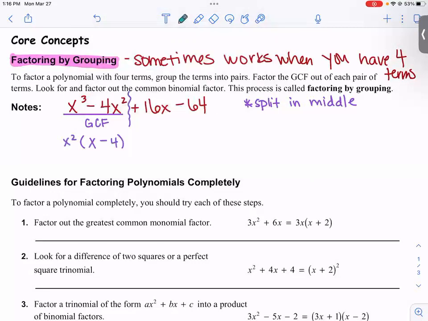Now, what about here? 16. So a positive 16. And when I factor out a positive 16 from here, I'm left with x. And here I'm left with